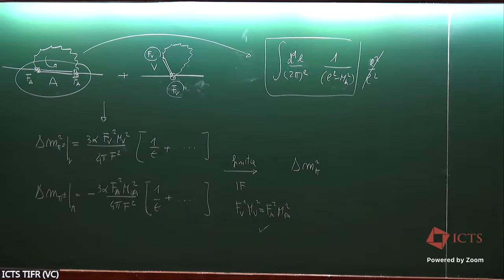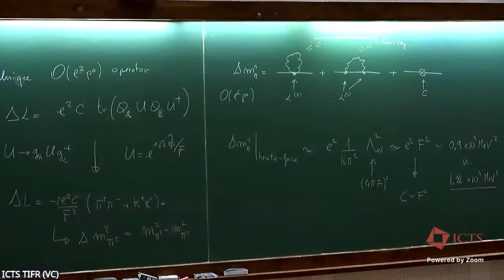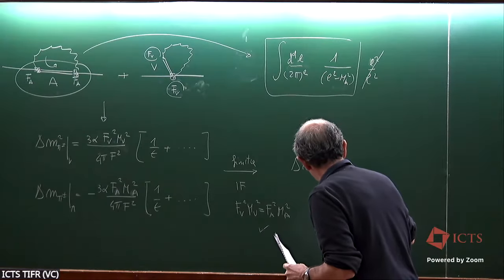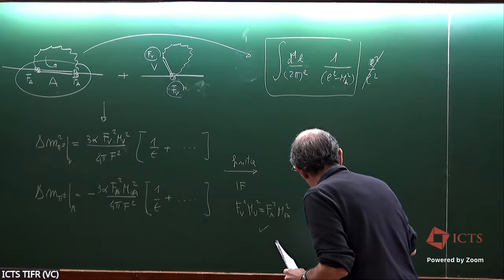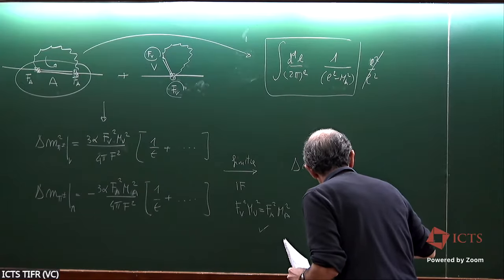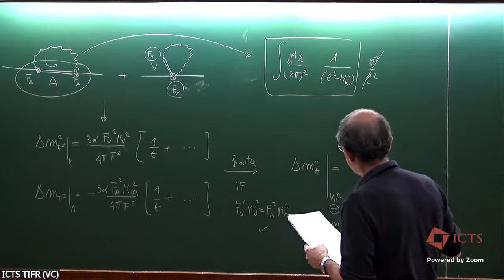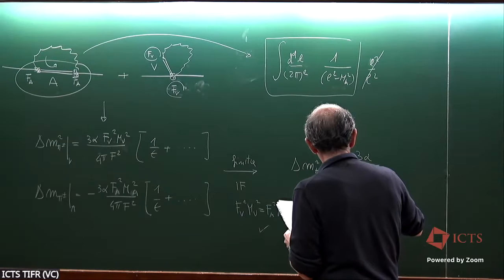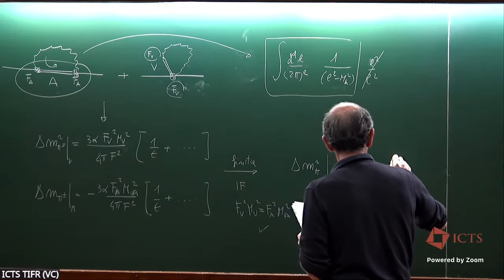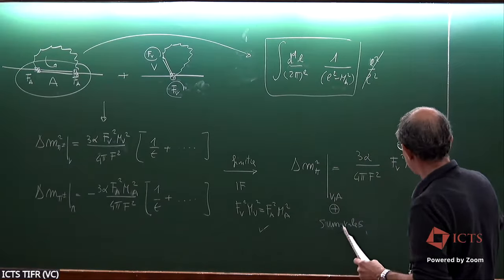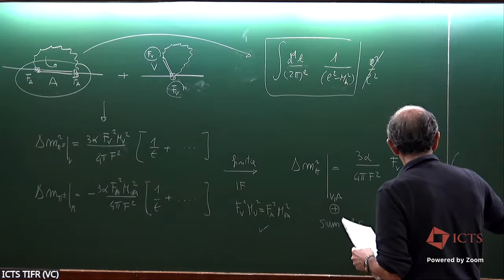In dim reg, we are left with these things plus eventually this extra stuff. And then what we get is, now there is the sum rule, so I can express everything in terms of this one. And here I get